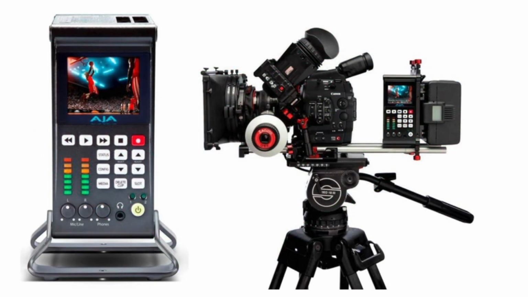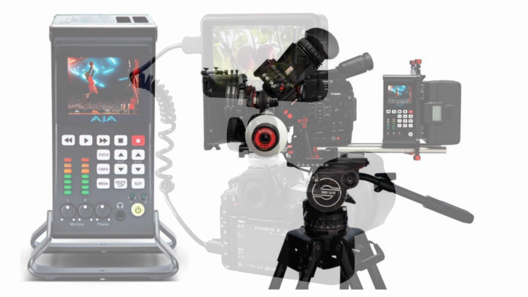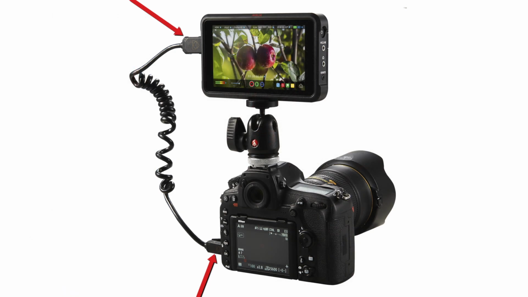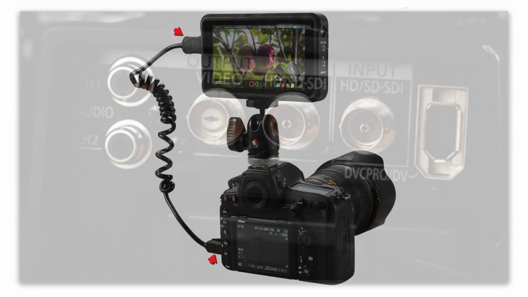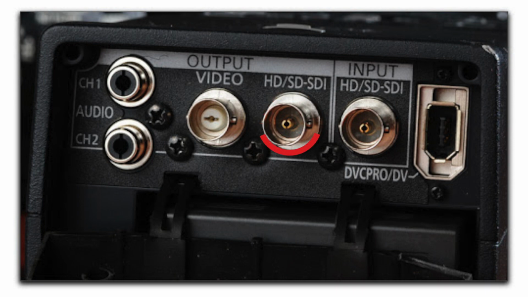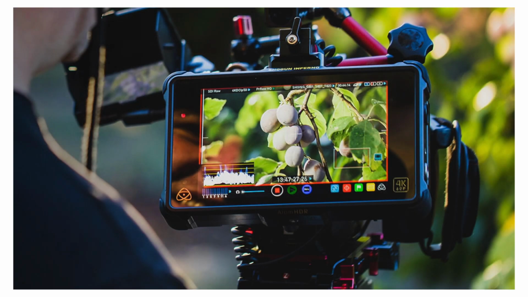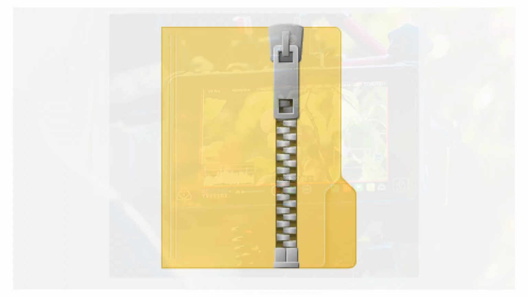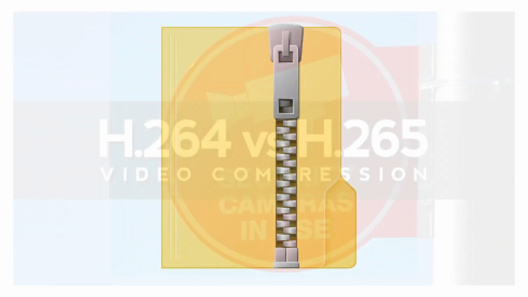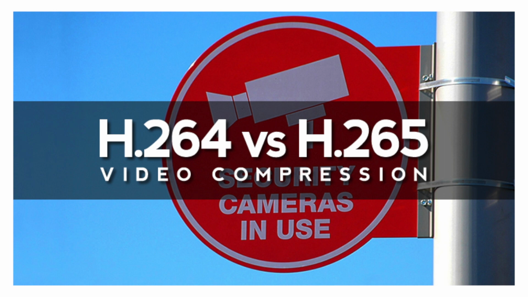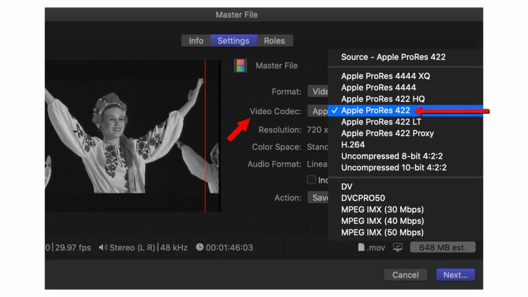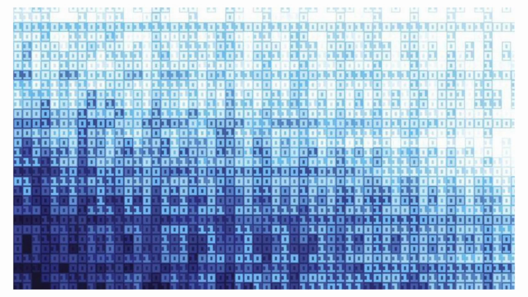External recorders work by taking a much higher quality clean video feed direct from the camera via an HDMI port, or sometimes they might use an SDI output. This is then saved to the recorder's drive in a much less compressed video codec than the H.264 or H.265 codecs I mentioned earlier. The most common codec used is Apple's ProRes, which is more of an editing codec than a delivery one and contains much more information.